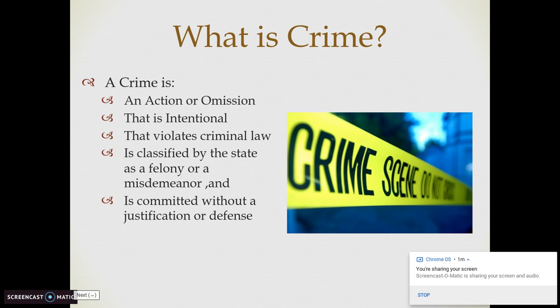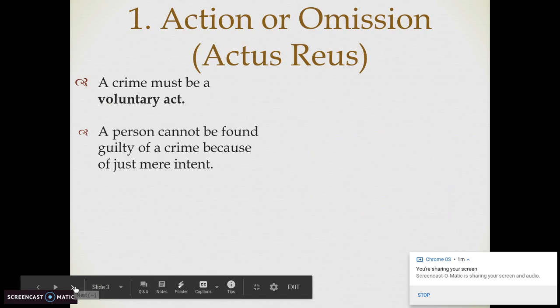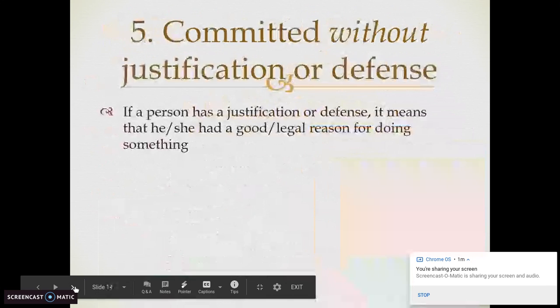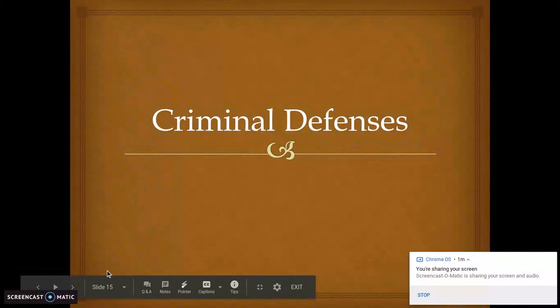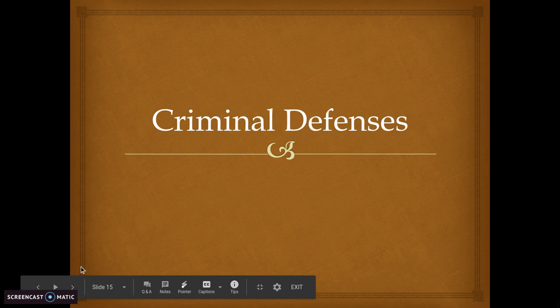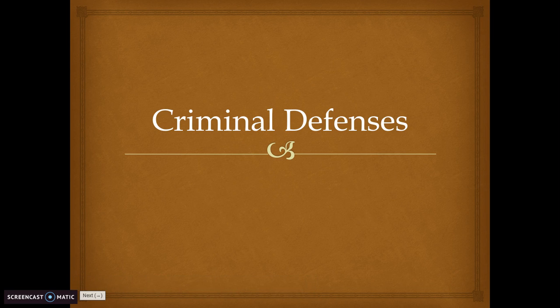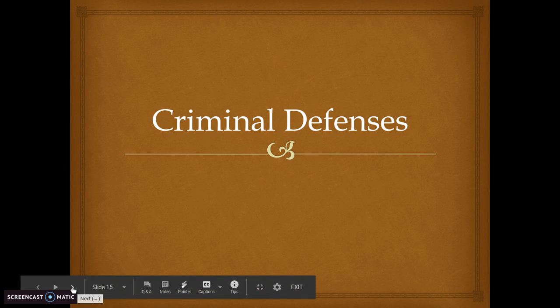Now, there are several different legal justifications or defenses that somebody could have that essentially allow them to commit a crime and not be held liable for it. All right. Now, you're going to use these defenses. These are going to be the ones that you guys are going to use for your assignment. I think it's just called criminal defenses. It's the second assignment that we have for first interval here in criminal justice class.